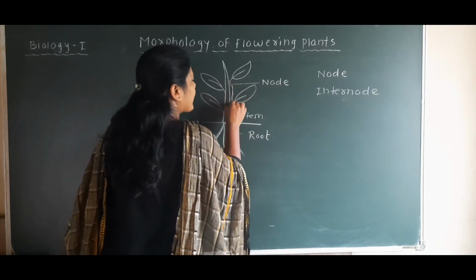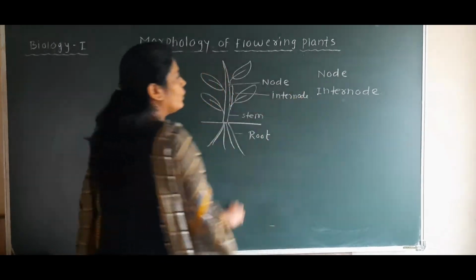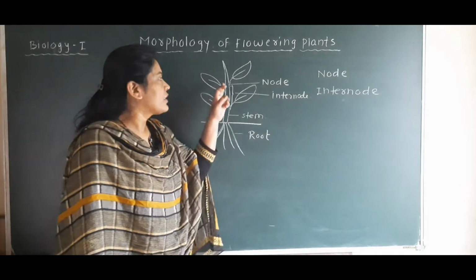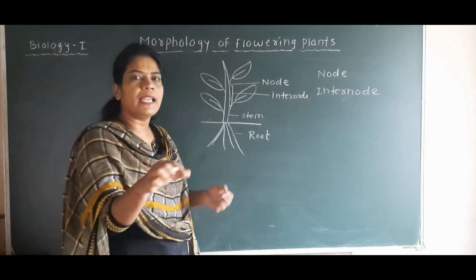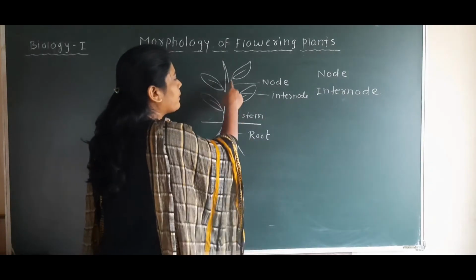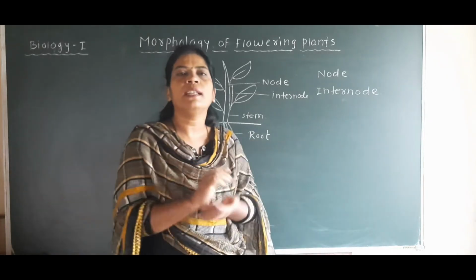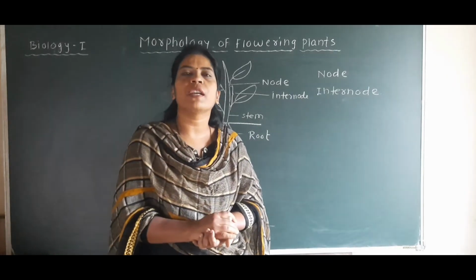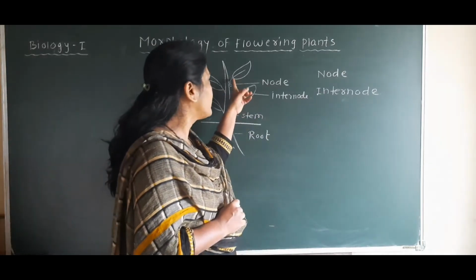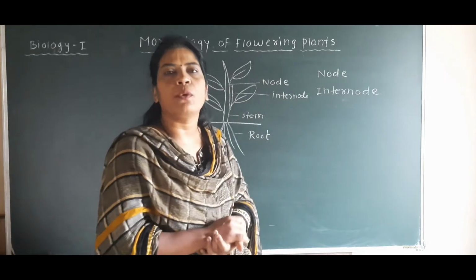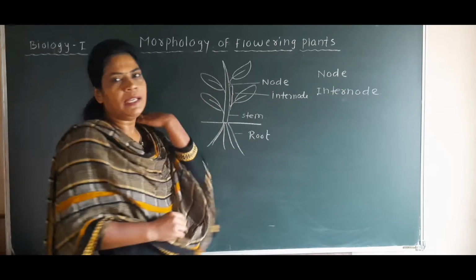So here we can label it as the internode. So node म्हणजे स्टेम वर जिथून लीफ स्टार्ट होते that part is called a node, आणि एका खाली एक दोन नोड मधलं जे डिस्टन्स आपण म्हणतोय that distance is called the internode. Okay, so node and internode, these are the parts which are present on the stem. Node means the part on the stem from which the leaf starts, and internode means the distance between two successive nodes.